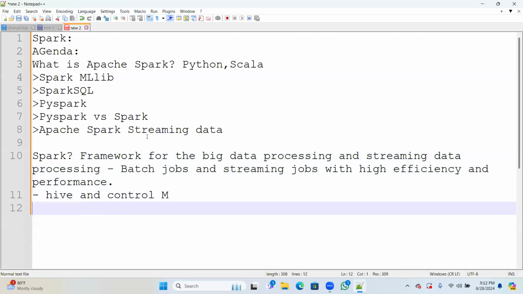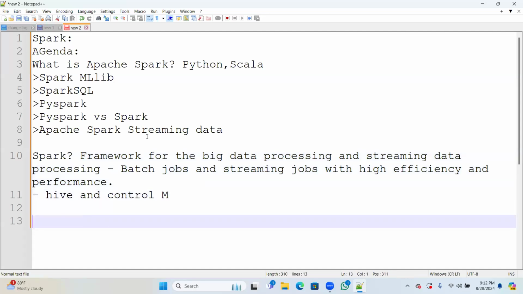Compared to others, Spark has in-memory processing. For example, if you're running out of memory, you don't need to add anything. It will add the memory as much as required.